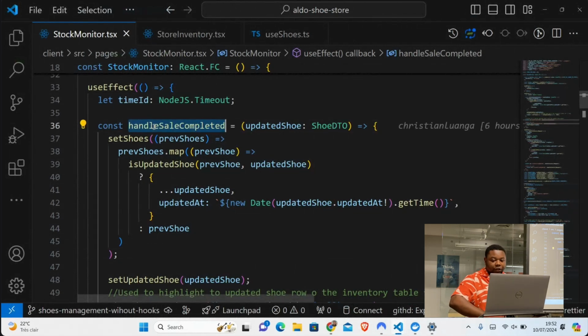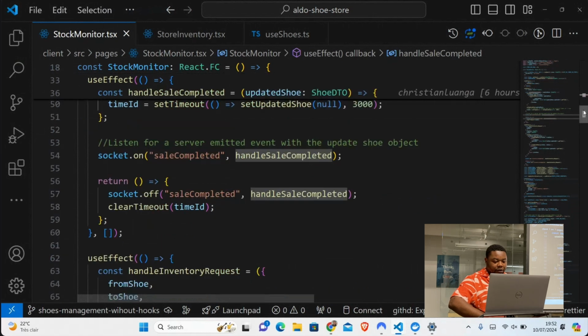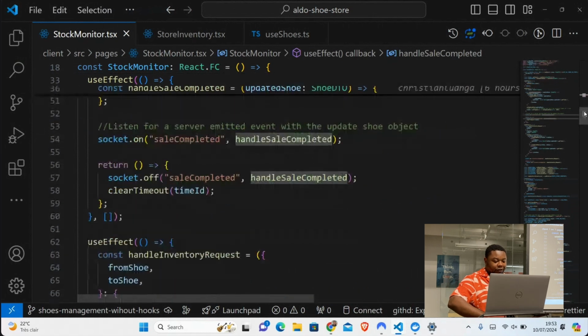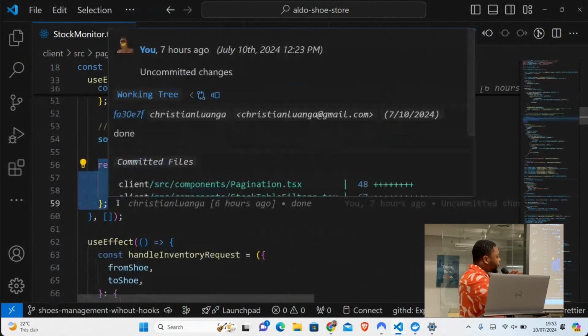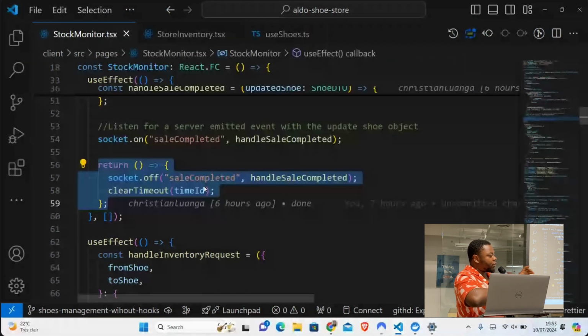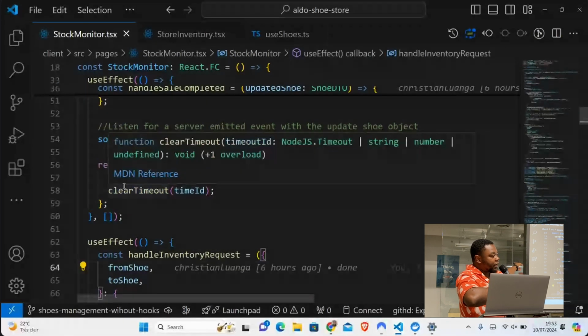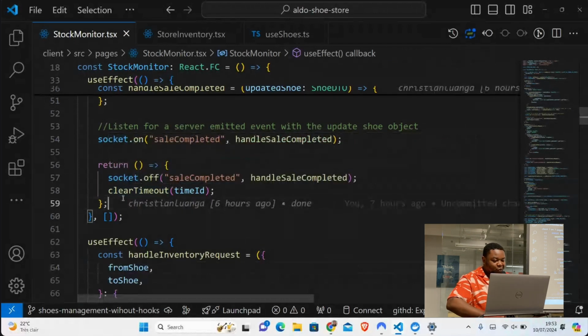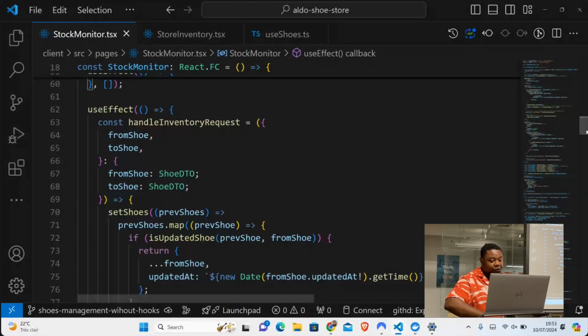There's another event. Of course, this is now your cleanup. So this is if you were using class component, you'll do this in your componentWillUnmount. So you're doing your cleanups. So that's what's happening on whatever you return from your effects. But I'm sure everyone knows that. So then we have another useEffect,